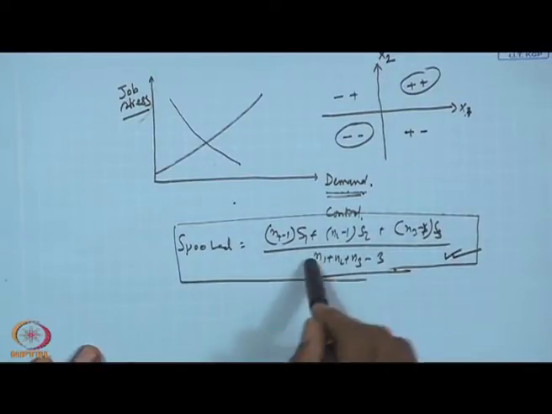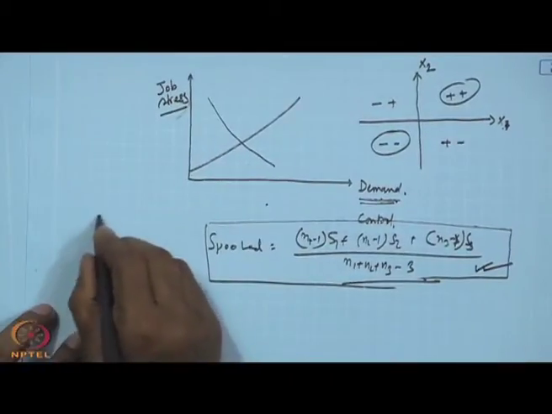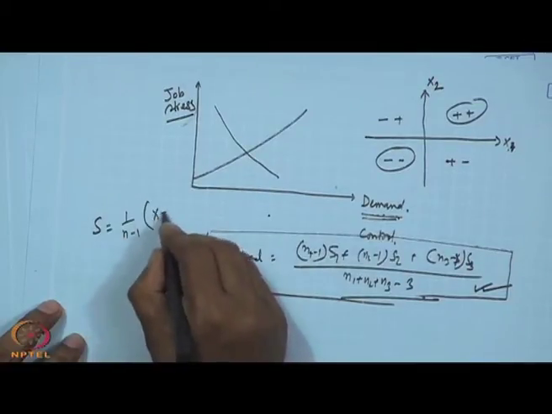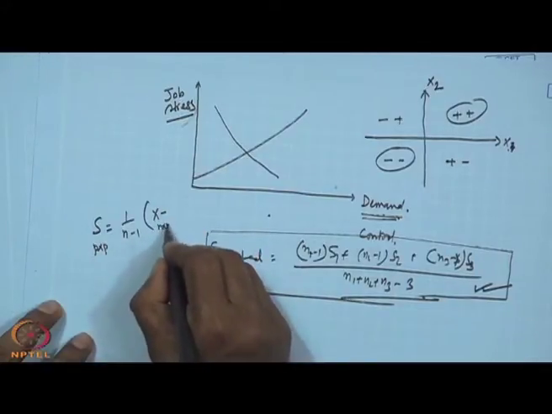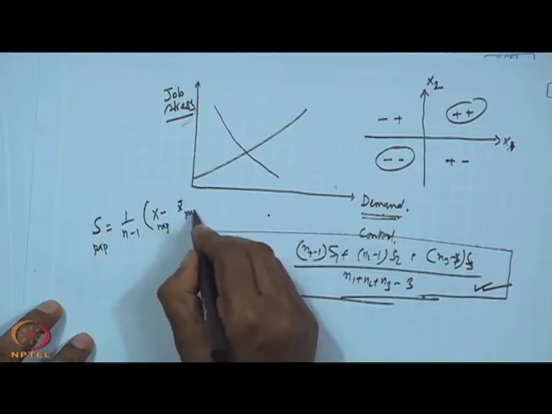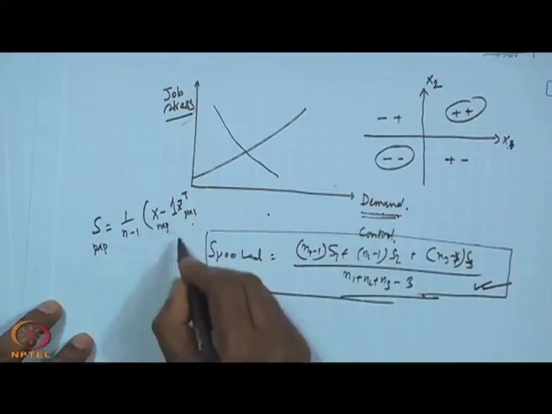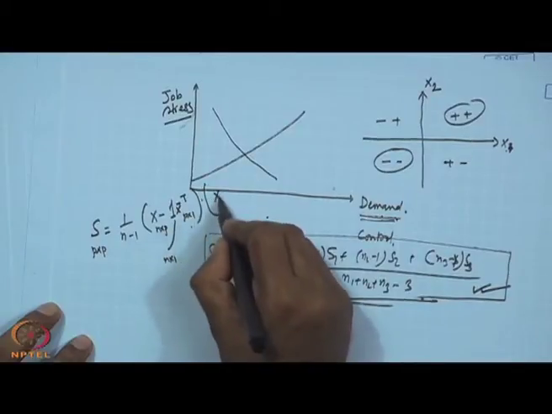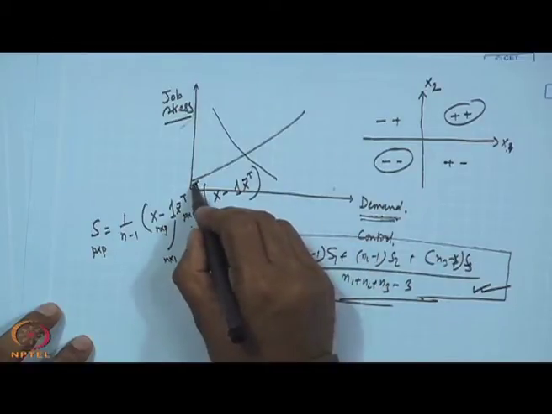Okay. And you know S1, S2 and S3 is also computed. So, what will be the S calculation? 1 by n minus 1, then x minus, what is this? S will be p cross p, x is n cross p. So, it should be subtracted by mean. Mean is p cross 1. So, you want n cross. So, here 1 mean transpose, this 1 is n cross 1, this one into x minus 1 x bar transpose, and here this will be transpose.